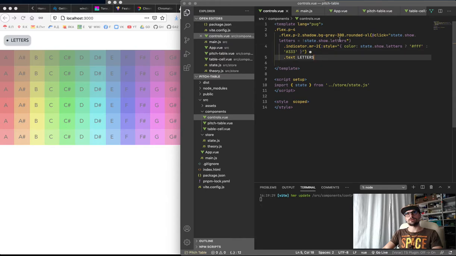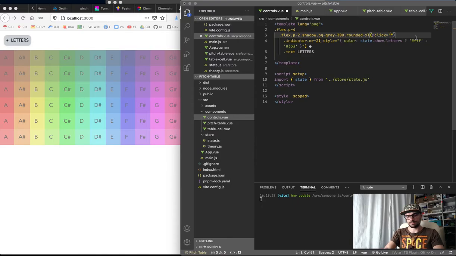And also it's really easy to just take it here, but maybe grab it around, say it toggle, maybe toggle, and say it toggle letters or something. Okay, toggle letters,